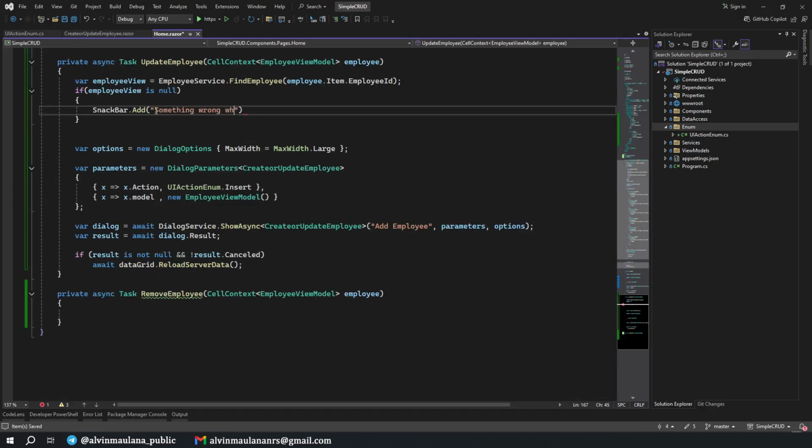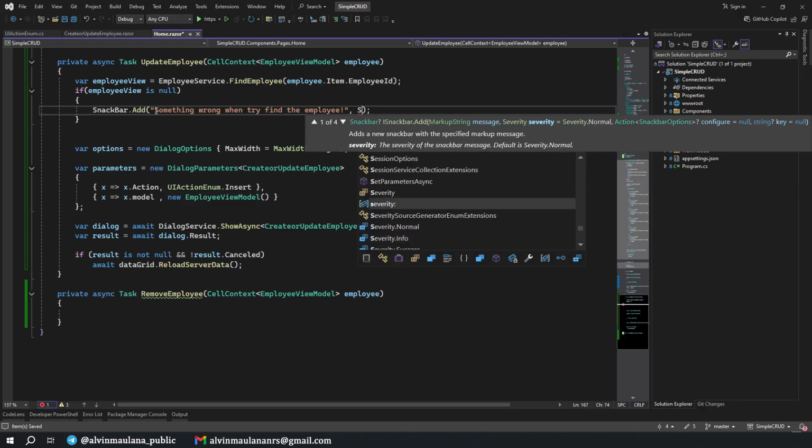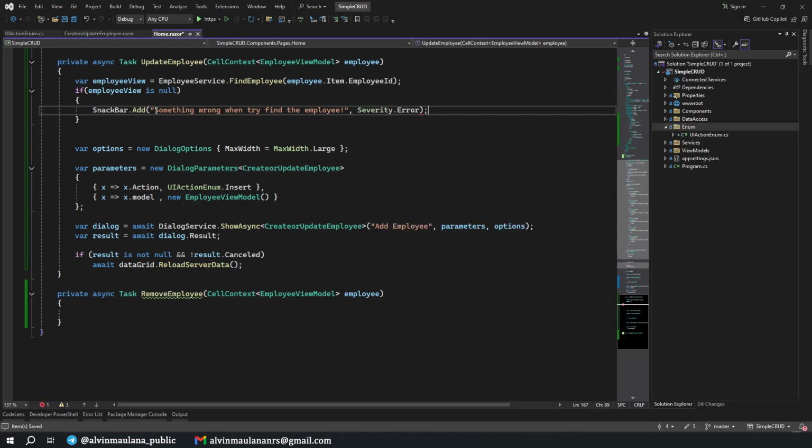Something went wrong when trying to find the employee, or you can set that employee not found, it's fine. Oh, we forgot to add the severity to error, and we can return it.